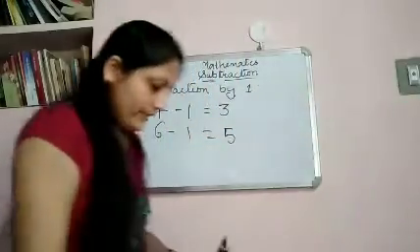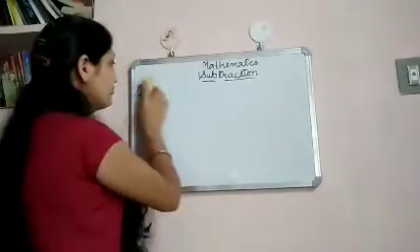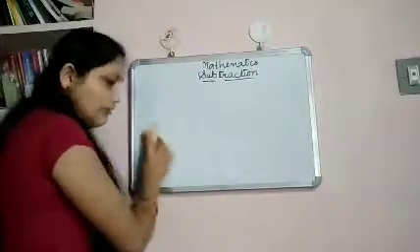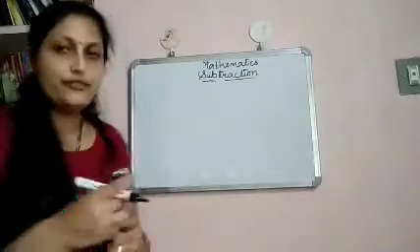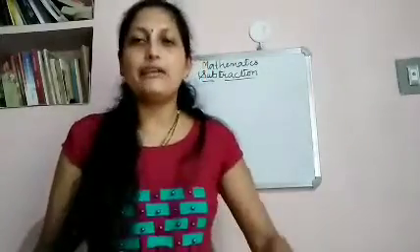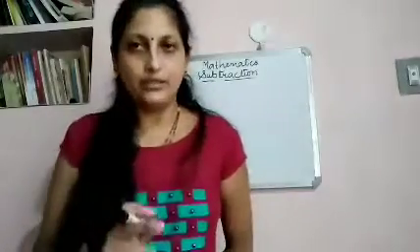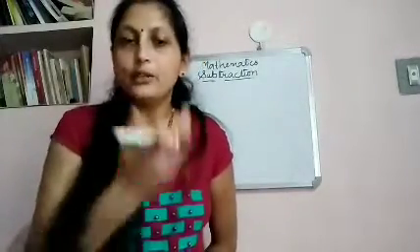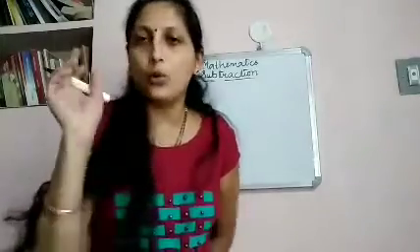And next, if you subtract same number, what happens? So, I have 4 pencils here, okay? 4 pencils are there. And I will remove all the 4 pencils from here. Means I was having 4 pencils and I'll give all 4 pencils to my friend. Now, how many left with me? Do I have pencils here? No. Means 0, isn't it?